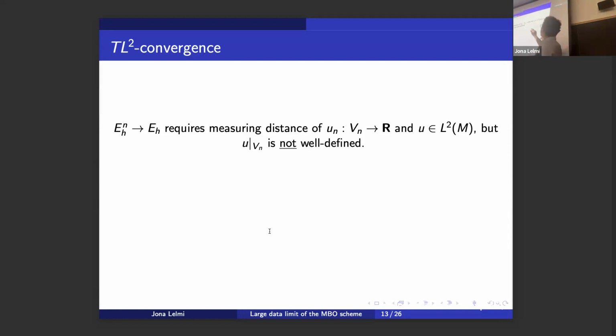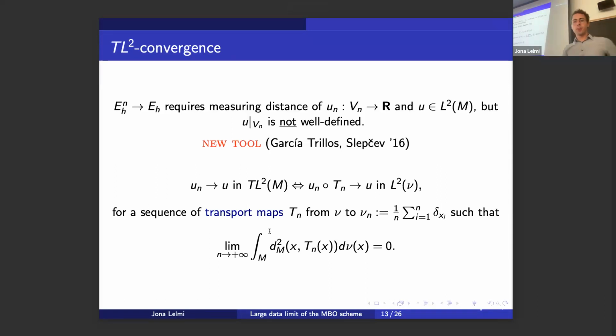In particular, I cannot consider just the restriction of a function to the data points because this is not well defined. So what we use is a notion of convergence introduced by Garcia-Trillos and Slepcev, which says that